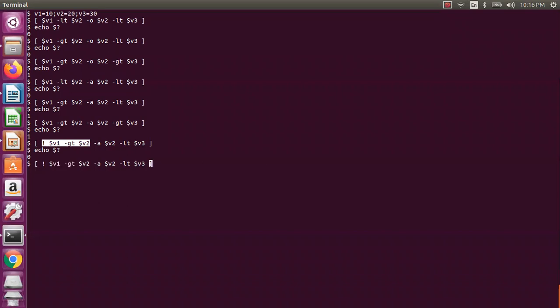Now if I put this one greater than, then you can know that this will be false, because this is true, and then this is v2, that is false. But if you want to make this one the same thing, v2 greater than, and this one also to be true, right? So now if you see this one, this will be 0. So you can put the negation to make that expression from false to true or true to false.